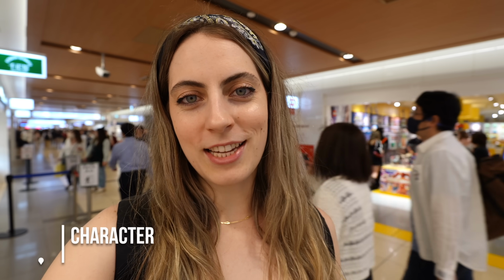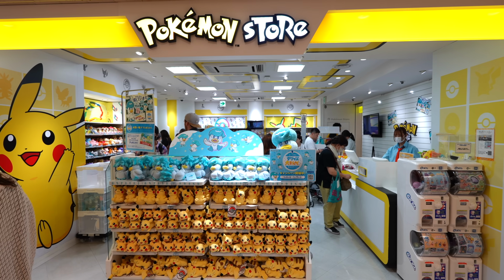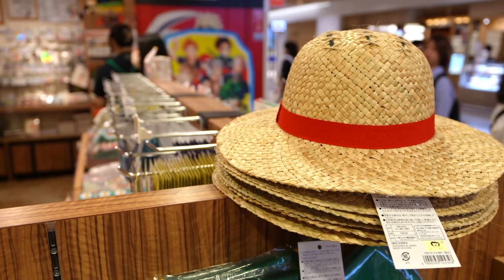If you're near Tokyo Station, you can't miss Character Street, which is located inside Tokyo Station on the bottom floor. It's near the North Yaesu Station entrance area. It's really hard to find. I didn't find this place for a long time, but there's over 30 stores here featuring Japanese characters, from GHIBLI to Pokemon to Hello Kitty to One Piece. So I'm gonna explore this area